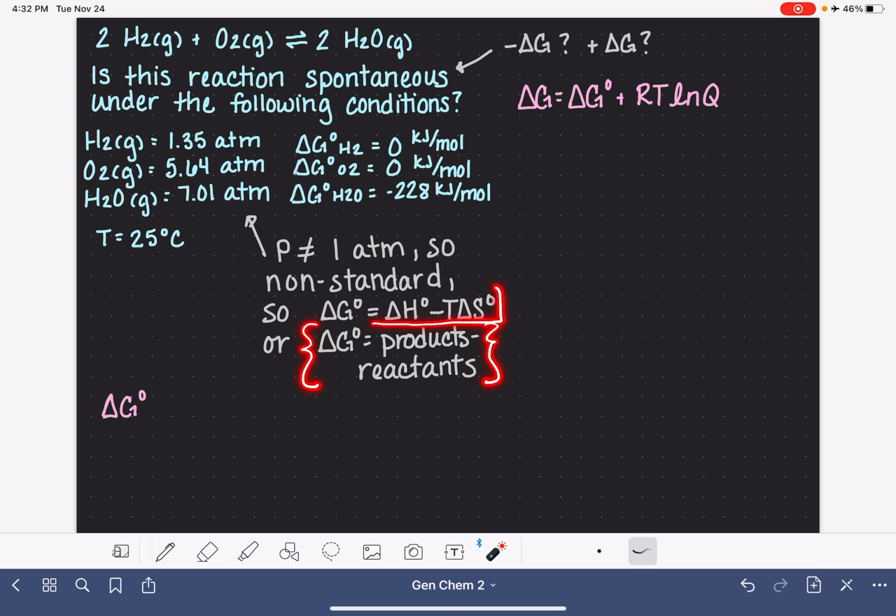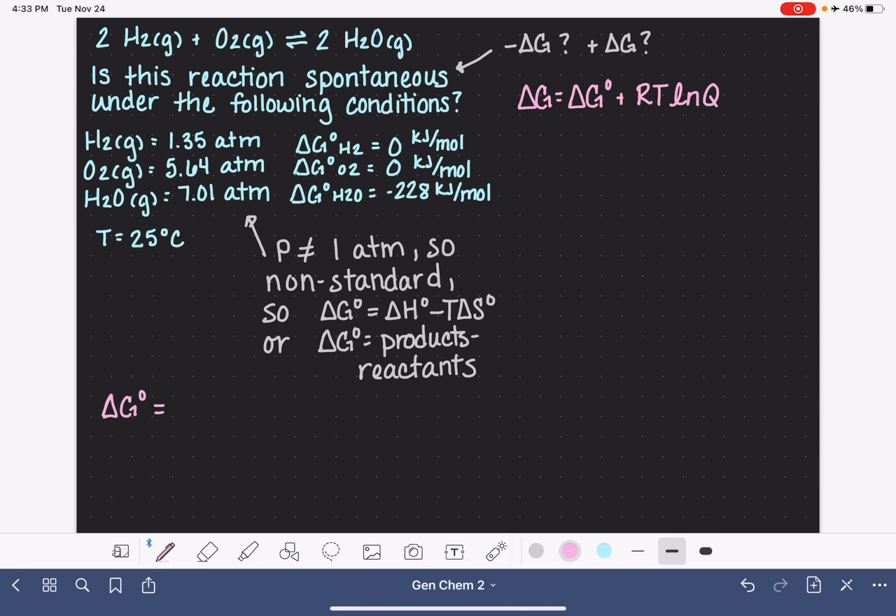This is not going to be a very straightforward way to calculate, because in order to use this equation, we would have to use Hess's law to get delta H and Hess's law to get delta S and then put it all together. So that's pretty tedious. So we're just going to use Hess's law with the delta G values to get the standard